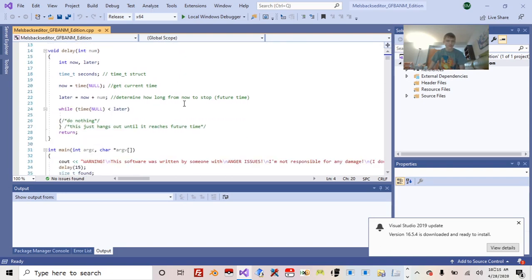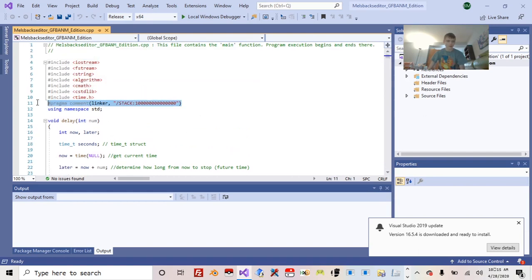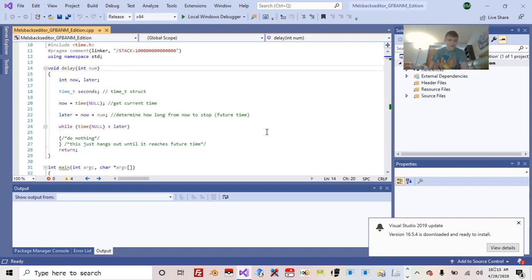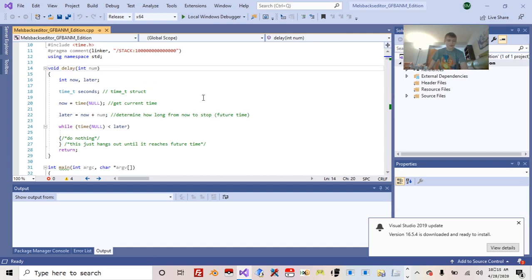So you see, here's a function that's used to give it a delay between... I gotta mention what this is. This actually allows the program to run, because you need this for the program to run. If you don't have this, the program's just gonna close out when you open it. Because this sets the stack size to a really big number so it can use enough RAM to run, because the program is pretty memory consuming. Yeah, if you can fix that too in the pull request, please do so.